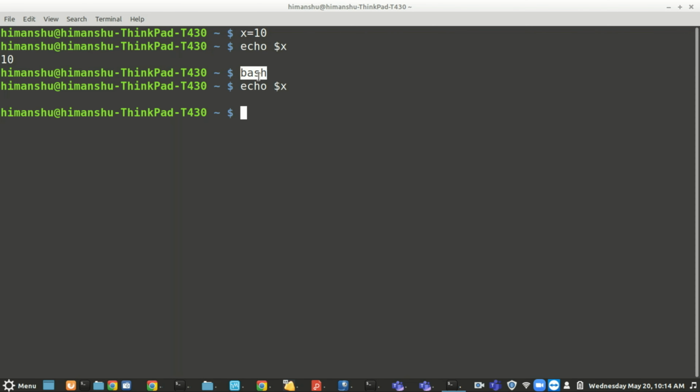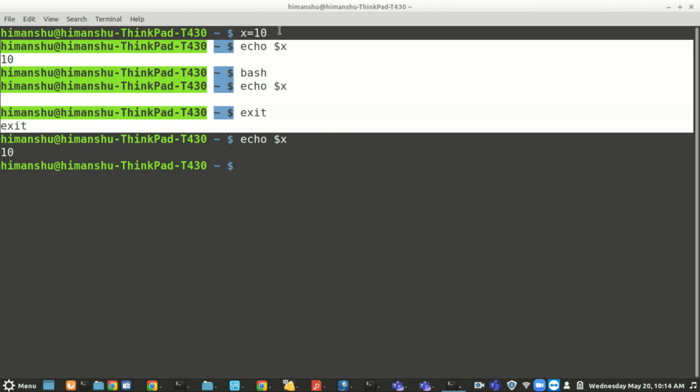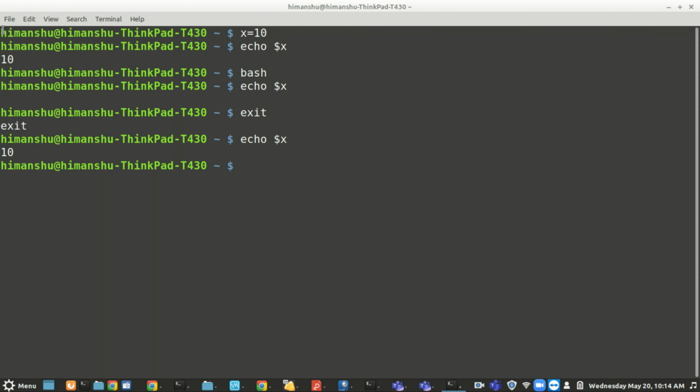Now when I run bash, I go to a new shell, and I am unable to see the value here, because I have opened a new shell and in that shell the variable is not defined. If I exit, I go back to my previous shell, and it is 10 here again, because it was defined in the first shell that was opened when I opened the new terminal.